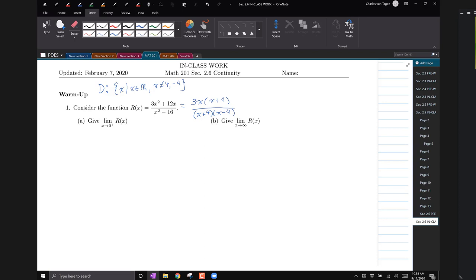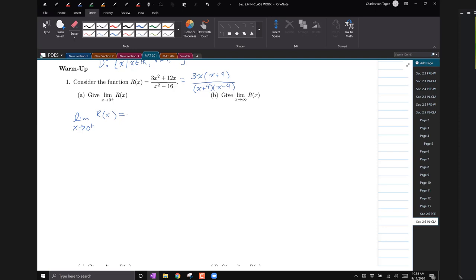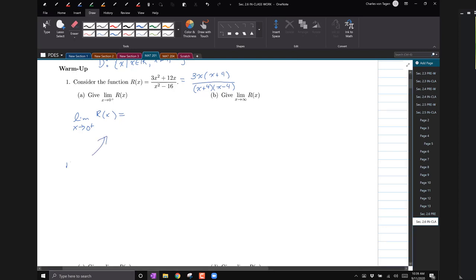So for example, I gave you a whole lot of room to work question number A here. If we look at the limit as x is approaching 0 of r of x, after the pre-work that you guys did last night, we now have the right vocabulary to say, how can we think about this function? Well, the function r of x is continuous at x equals 0, so the direct substitution property applies. That's the same thing as just evaluating r of 0,